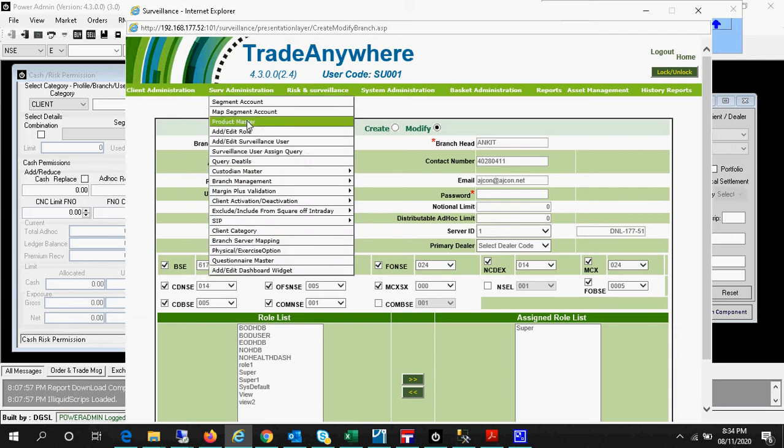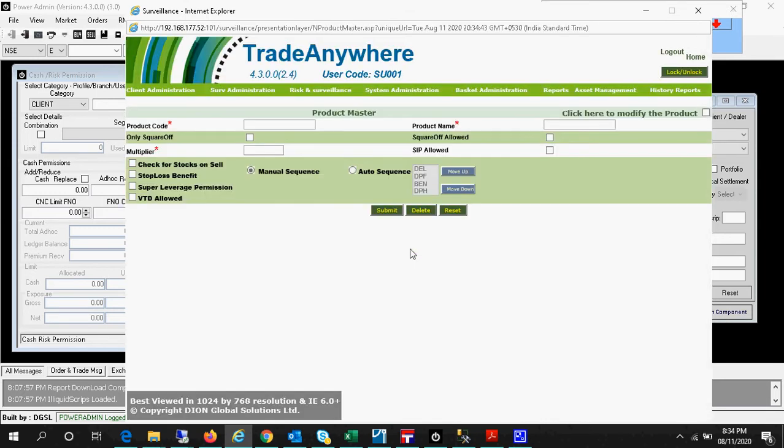Then we have to create a product, or what we call a trading account. These are the product code and product name, which can be anything, and these are the basic permissions according to which different products are created. Here I have created intraday, what is generally called margin.